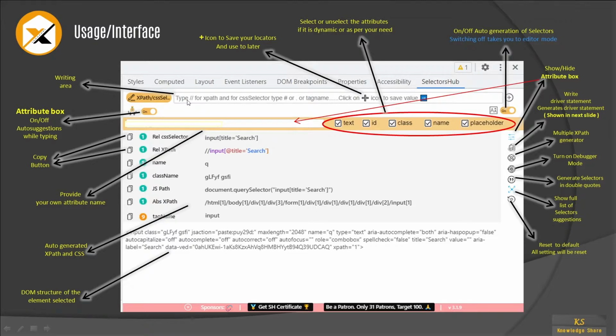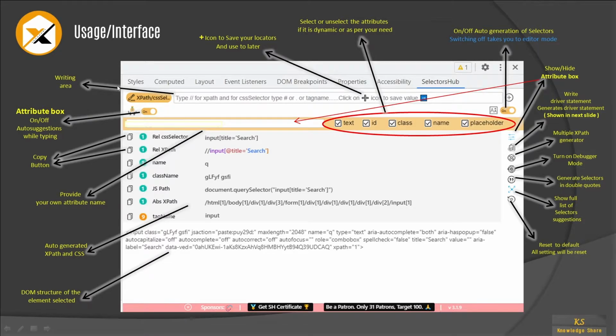I'll be giving a clear demo practically as well, but it's important to know how this user interface works, so I'm just giving a small demo, and then we will switch to the usage in the next session. I'll give clear details on how to use all these icons with the different features. I'll explain in detail, don't worry about that. I'll take some web pages and explain very clearly how to use Selectors Hub, and also show you how you can save time between the dev tool and Selectors Hub in the next session. Please keep watching this video so that you get familiar, and then it will be easy for you to understand the practical things.